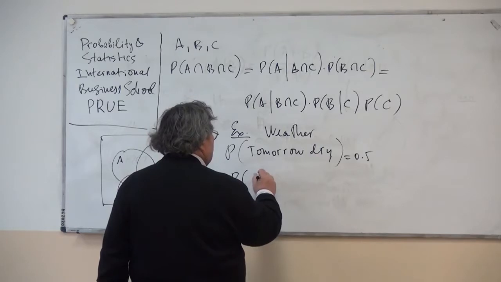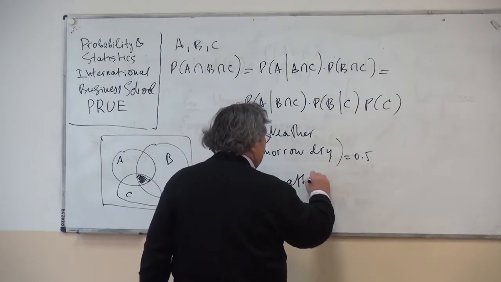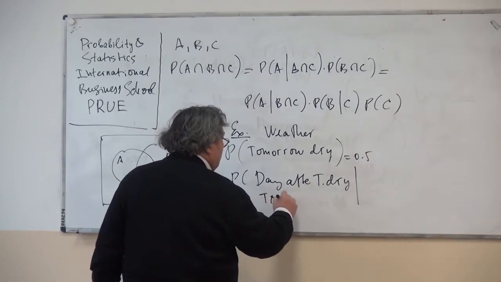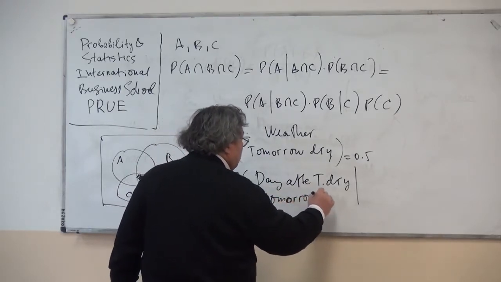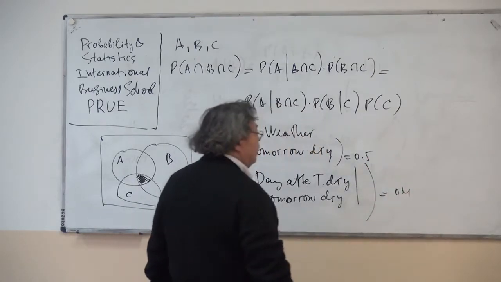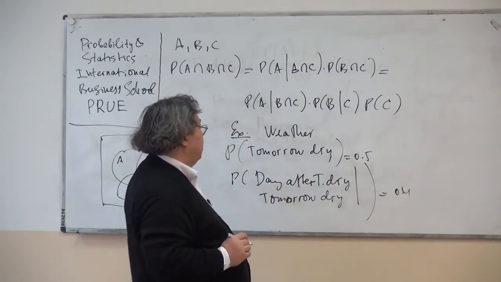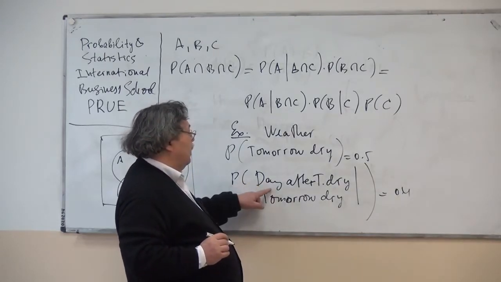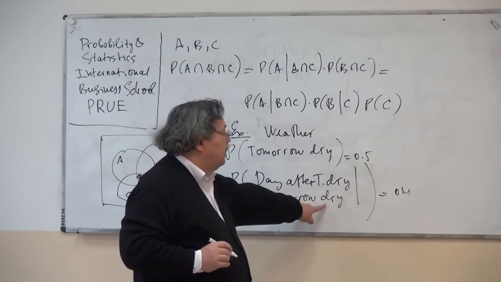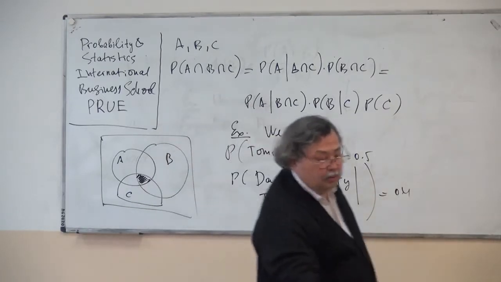So, day after tomorrow dry, okay, given that tomorrow is dry, is cited as 0.4. Okay, again, a not very well written phrase. So the probability that the day after tomorrow will be dry, given that tomorrow is dry, is estimated to be 0.4. And also,